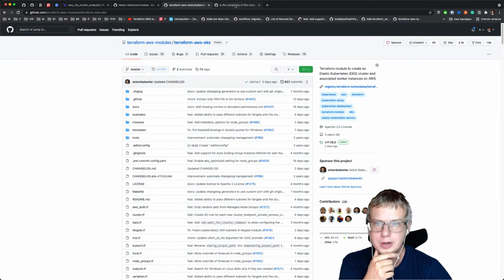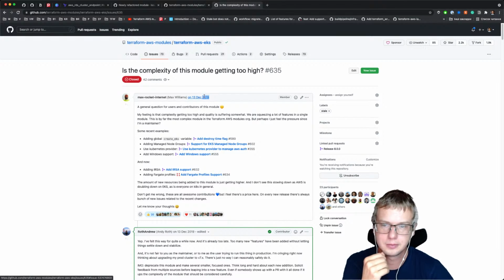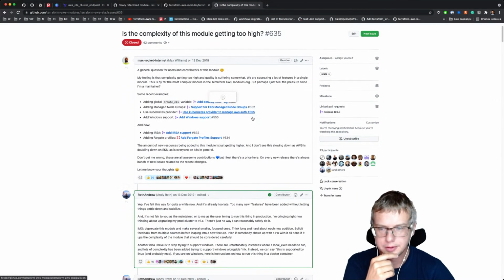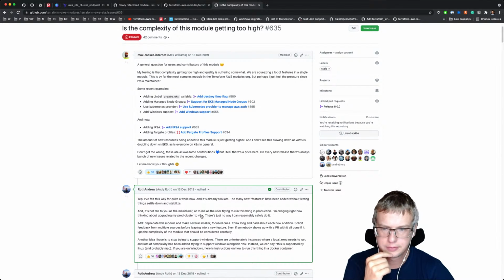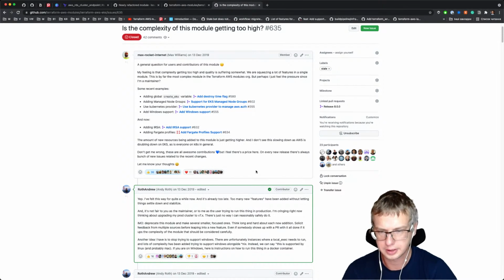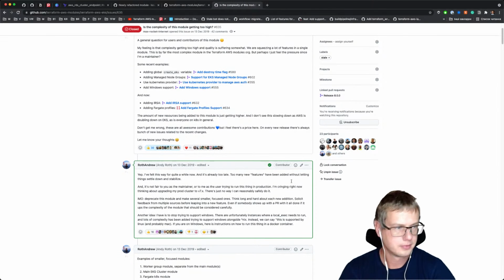And quite a long time ago, approximately 2019, another big contributor, Max, started to tackle another problem, that the complexity of the module is too high. And well, there are lots of comments and lots of discussions and some proposals on how we can simplify or refactor it, what we can do with it. And the problem is that